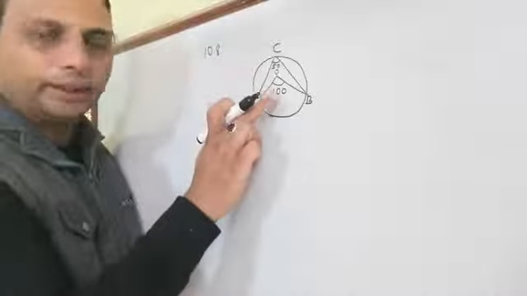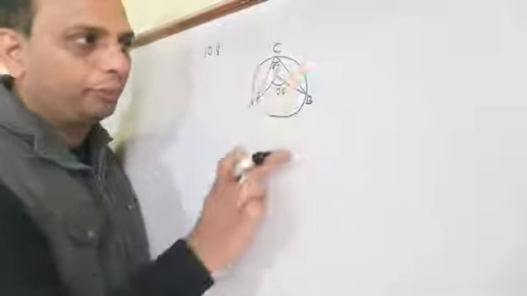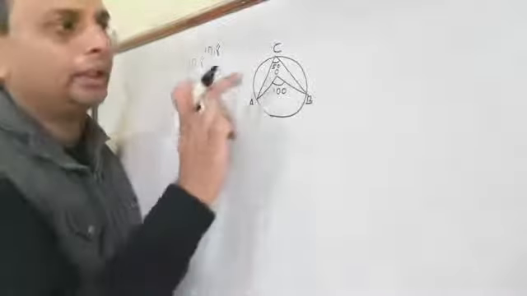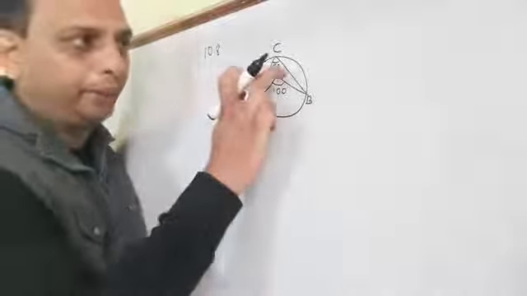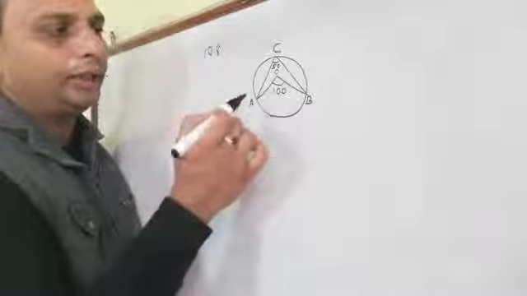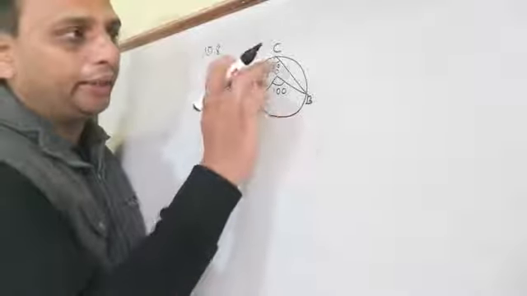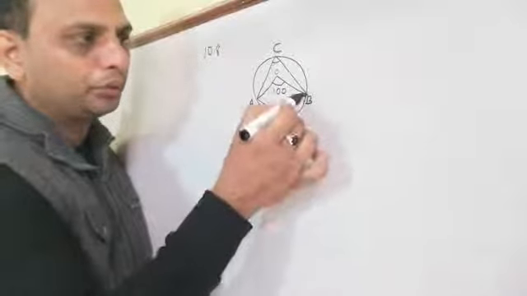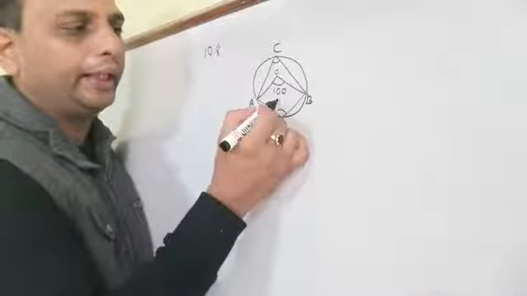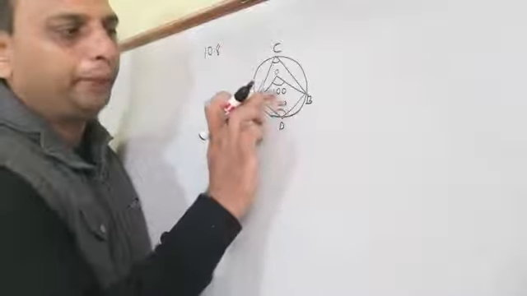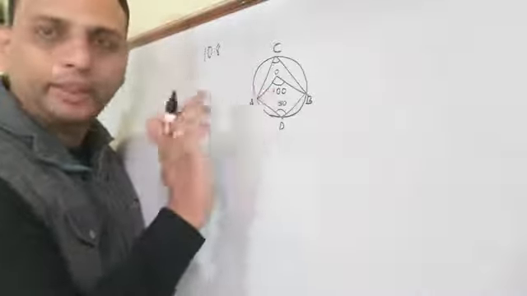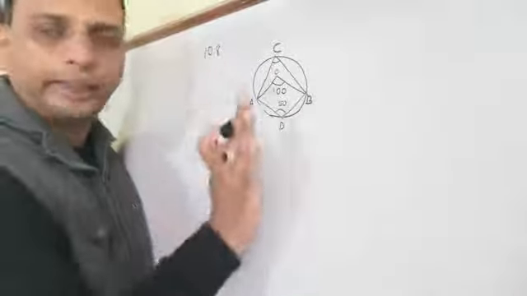The angle at the center will be double the angle formed in the remaining part of the circle. Or in other words, the angle formed in the remaining part of the circle will be half of AOB, because AOB is formed at the center. The same also applies if the angle is formed here. Suppose this is 50, then this will also be 100. The angle formed at any part of the circle will be half of the center angle. The center angle will be double the angle formed in the remaining part of the circle. This theorem 10.8 is clear.